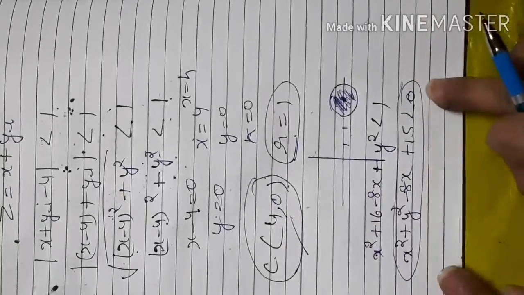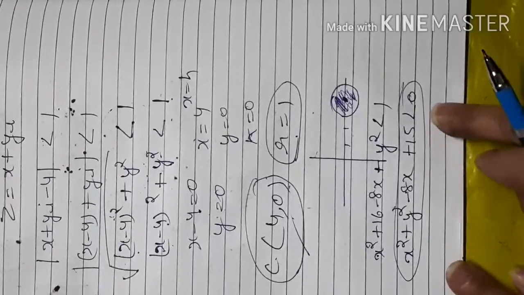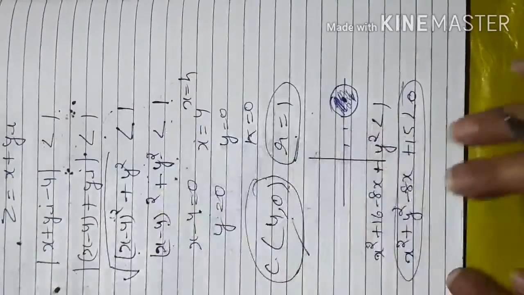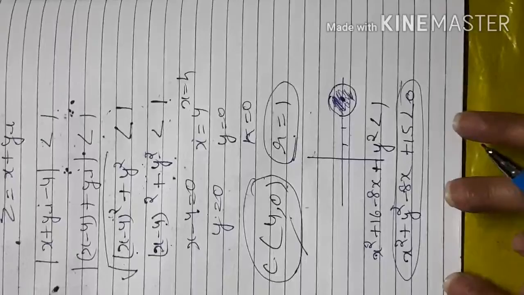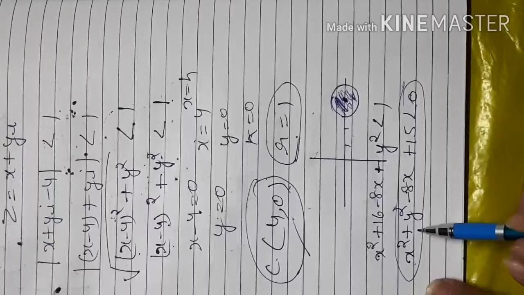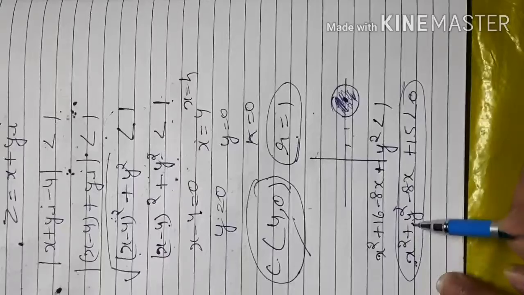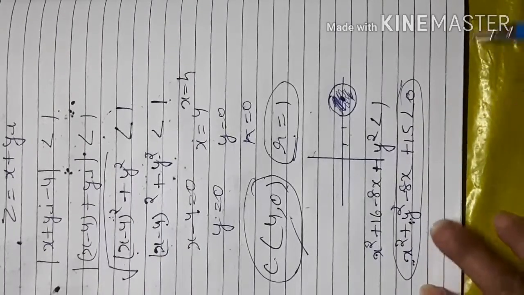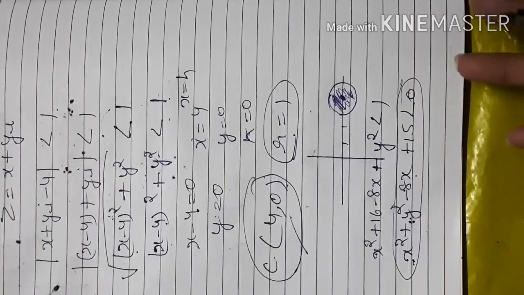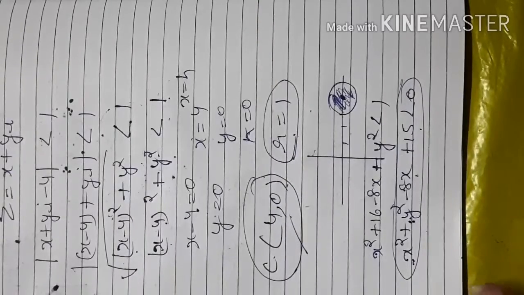If I have a second-degree equation, how can I identify the center and radius from this equation? I am telling you another way. If you have this equation, you can directly find from that. But sometimes if you have a second-degree equation, how can you find the center and radius of the circle? So first you have to check whether it is the equation of a circle or not. So you check the coefficients of x square and y square. If the coefficients are the same, that means this is the equation of a circle. It doesn't matter whether the y term is there or not, but x will be there and one constant number, and the coefficients of x square and y square will be the same.